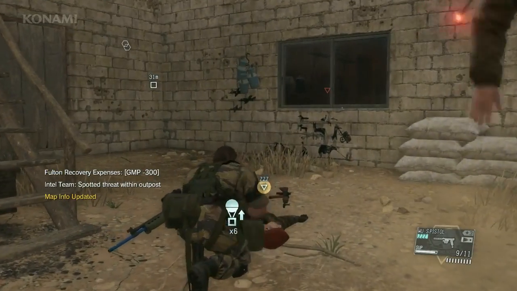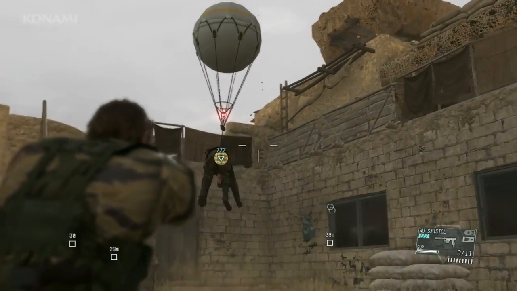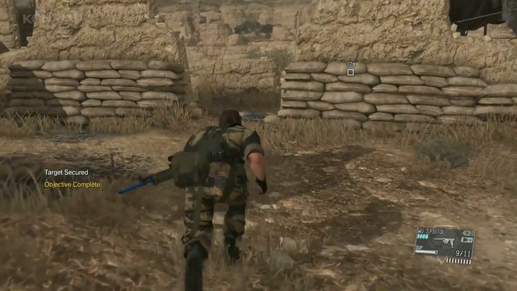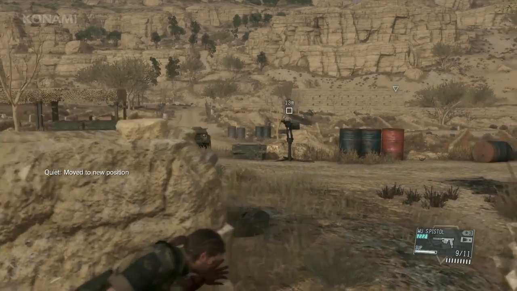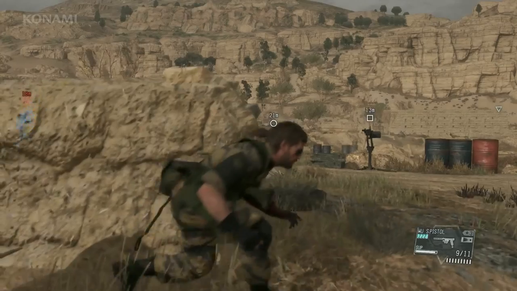Enemy presence detected. Your map has been updated. So go ahead and Fulton these guys out, leave no evidence behind. And now all we need to do is vacate the area. Target secured. I'll tell the client we sent the target to a place outside of Hammond. Boss, your objective's complete. Exfiltrate out of the hot zone by chopper or on